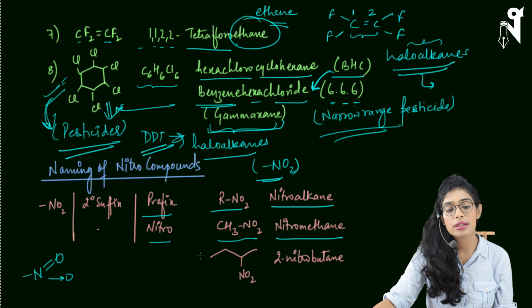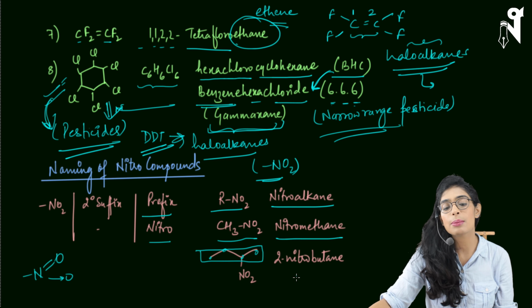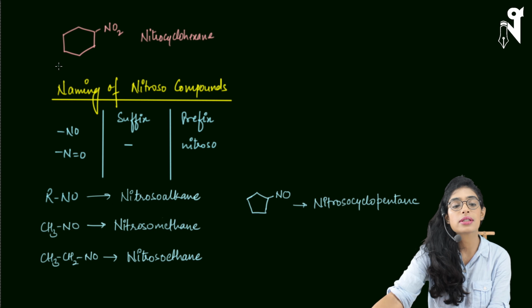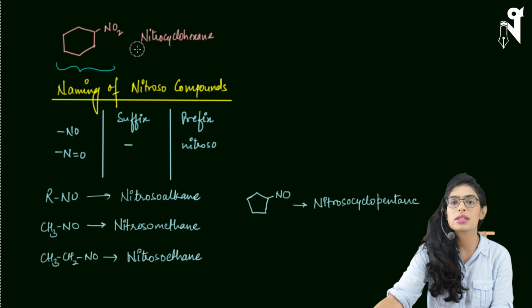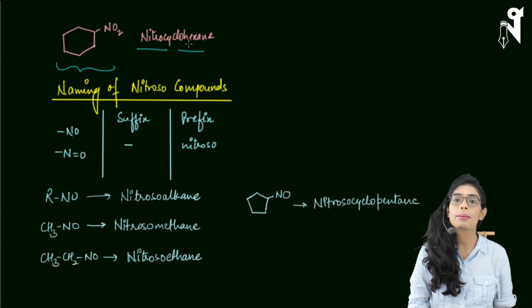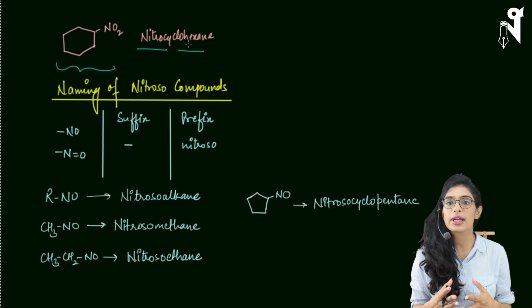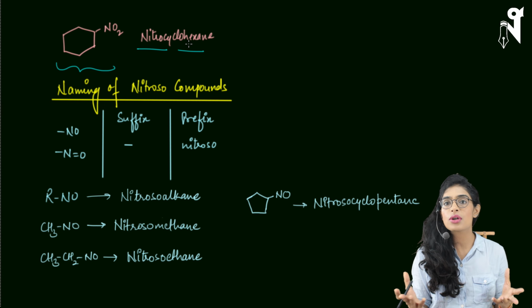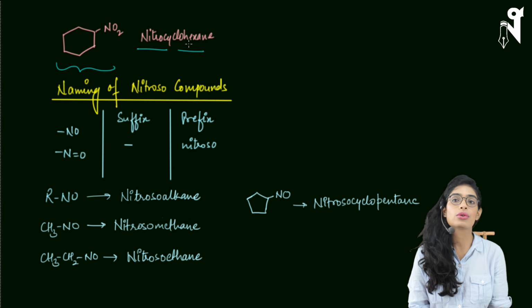Here in this case, it is a chain of 4 carbons, 1, 2, 3, and 4. And on the second position, nitro is present, so the name will become 2-nitrobutane. Very simple. Next, I have taken a cyclohexane and I have put a nitro over here, so the compound name will be nitrocyclohexane. Why I'm telling you these namings is because these are all prefixes, they do not have any special rules or special cases, so you should know how to use them. Learning them is very easy because you have learned all the complex types of namings also, so it will be very quick for you to understand.